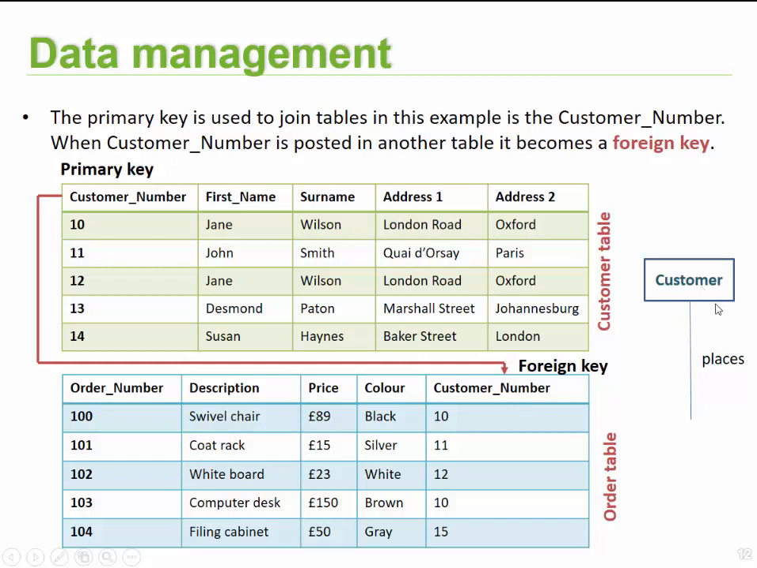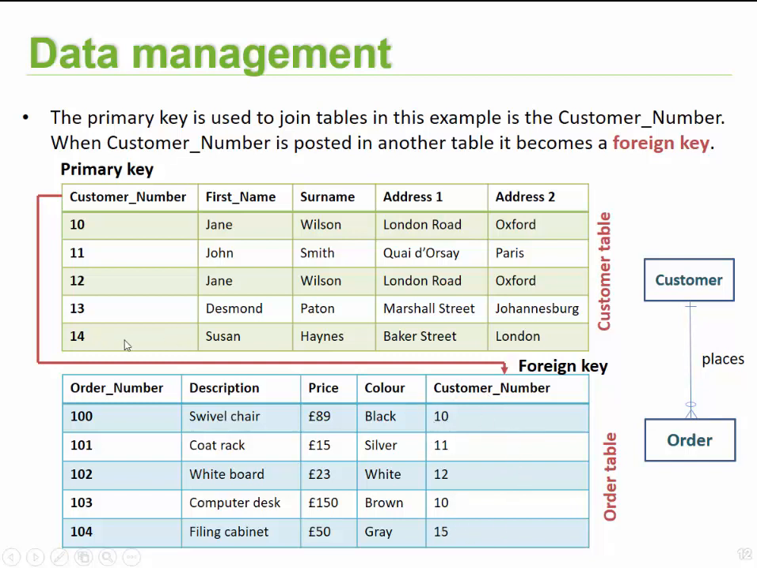So a customer places orders. In this case, we've got a customer entity and an order entity. Again, I'm going to perhaps preempt what we're going to talk about in the next few slides. A customer might place many orders. For example, if we look at this situation,